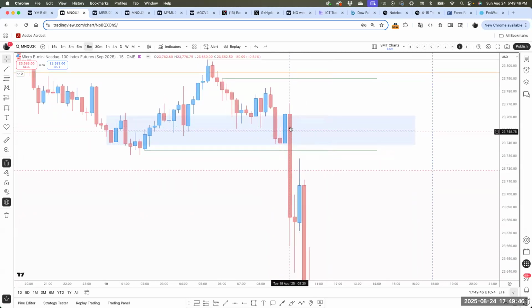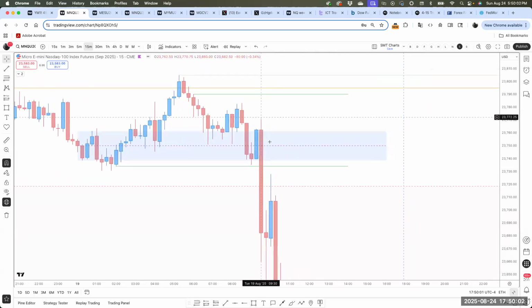But as soon as you see the midnight opening candle range, that's a high probability setup anyway. As soon as you see us trade below that, we can already kind of start getting the setup off of that anyway, because that's a good area to get off of. In this case, you would have had to put the stop loss above this high or this high. In the worst case, above this high. And then Monday,